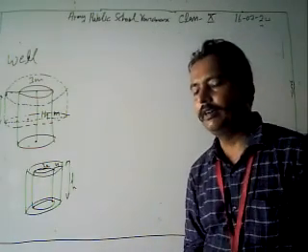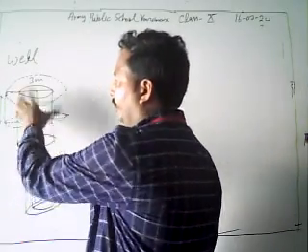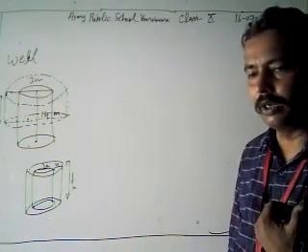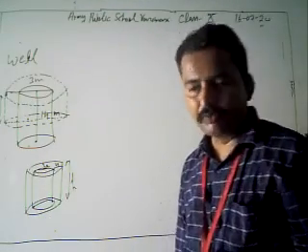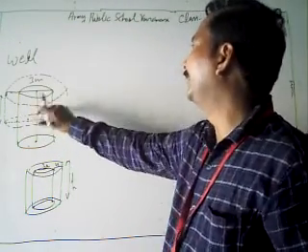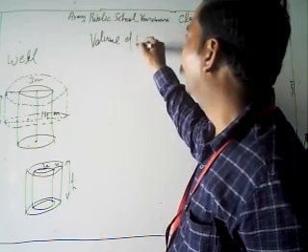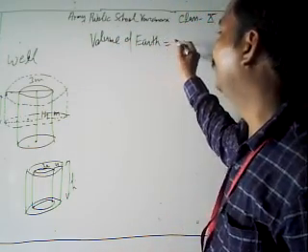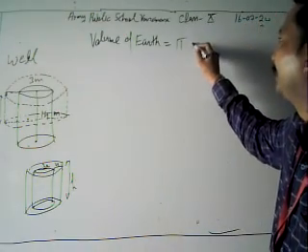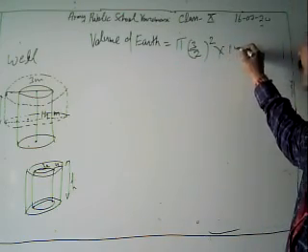I want to explain this to you. When we form an embankment, it looks like the shape of a hollow cylinder. Then what do we have to do in the problem? First of all, we find the volume of earth which is dug out. What is the volume of earth? It's a cylinder, so pi r square h, with diameter 3, so the radius is 3 by 2, and h is the depth, 14.